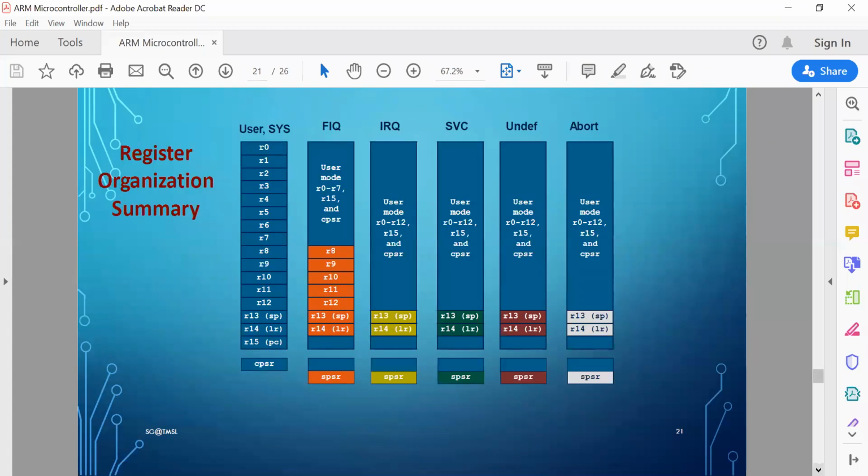This diagram gives you an overview of the registers in the different modes. In the user or the system mode, you have access to 13 registers, R0 to R12. Then R13, R14, R15: SP, link, PC.